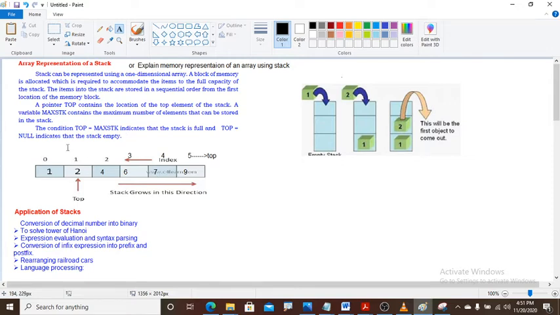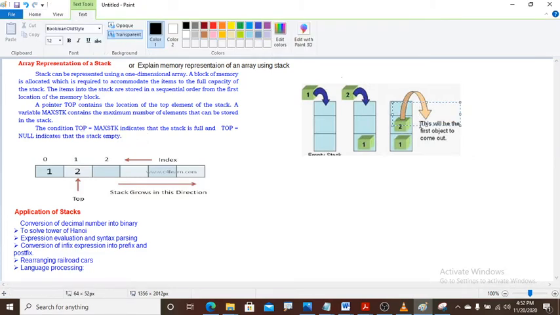That is what this array representation is. You can write this diagram along with the explanation. Max of stack means the total number of elements is equal to the top position of the element. So if the stack is full, suppose in this example I am taking here 3. So in this, the stack is full. We cannot accommodate a value into this.